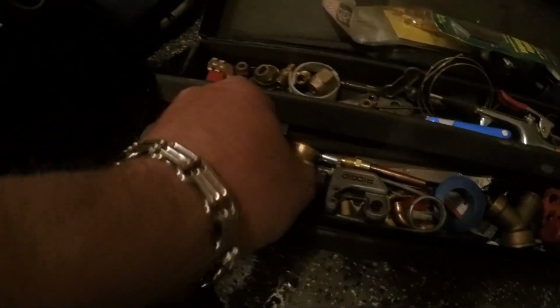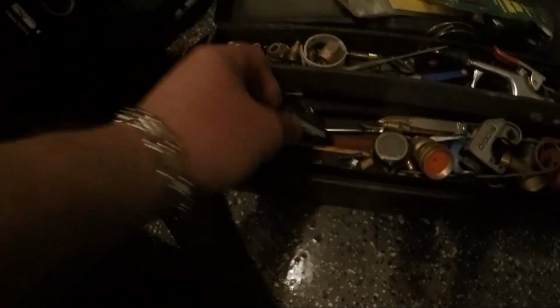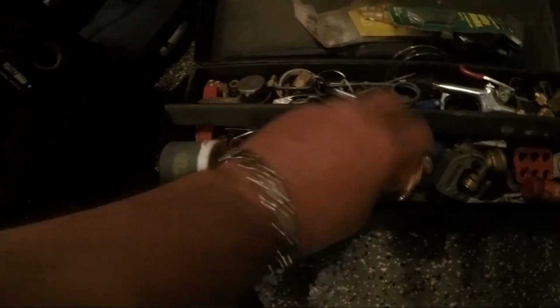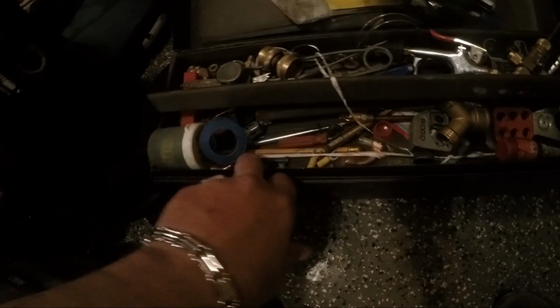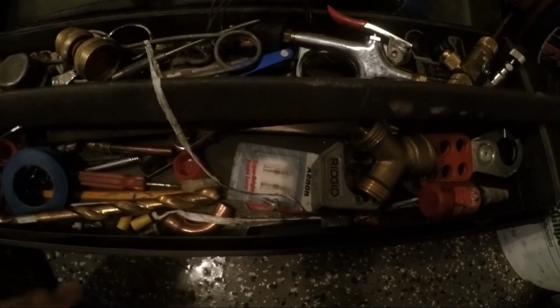thread sealer, core removal tool, hose coupling for garden hoses. There's a lot of miscellaneous fittings, garden hose, another cutter, striker, scribe, baby cutter, scissors, drill bit, extra light bulbs for my mag light,